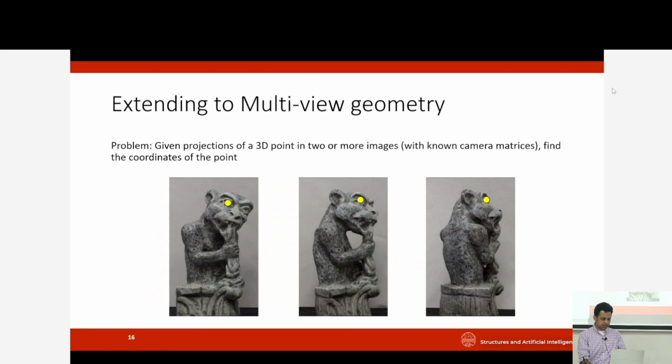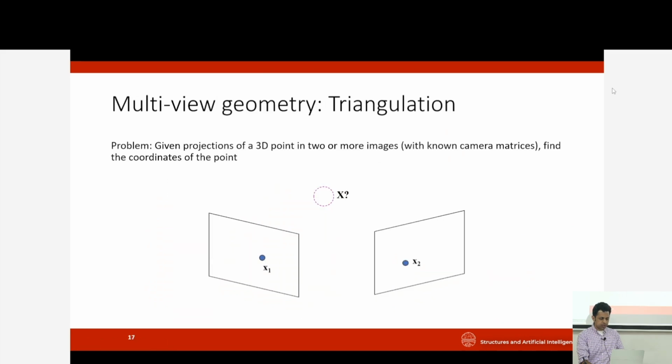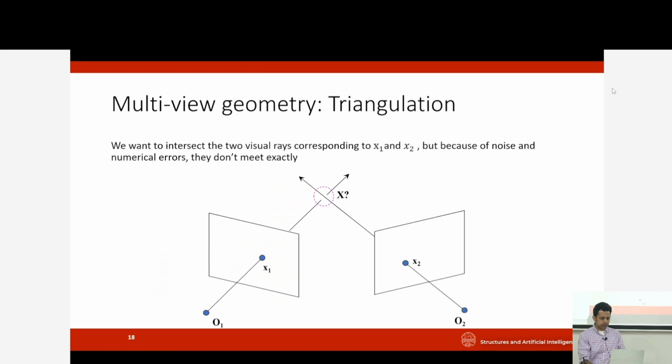So in this case, say we use a feature detector to identify that this eye is here, here, and here, okay, then our goal is to determine the location of that eye, given that we know the pixel coordinates. The problem, though, is that we don't really know the camera centers either. Another problem is that even if you have two rays and you do know the camera centers,